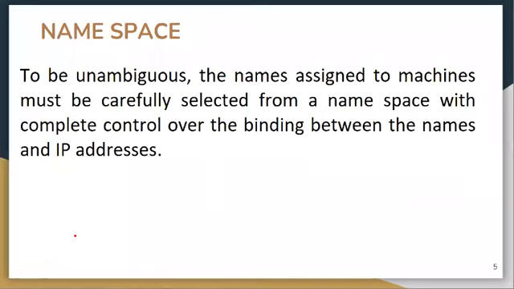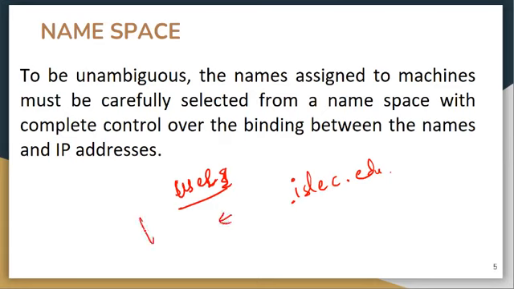Yes, so in this example, we are taking two colleges and a company. For all these colleges and the company, they have a computer by the name user1. All the colleges, the two colleges and the company, have a computer by the name user1, or we can simply say user. Let's not consider the number, user. So the first college is given a name by the central authority such as islec.edu.